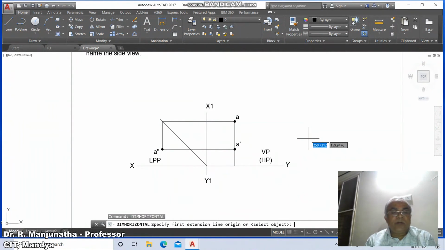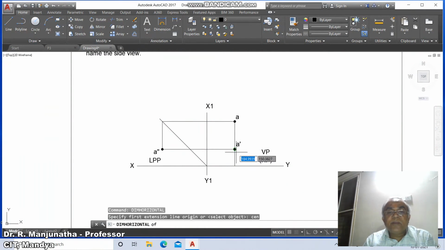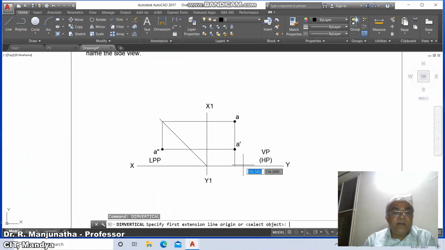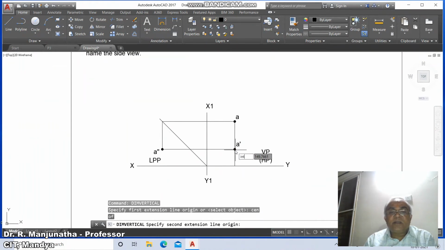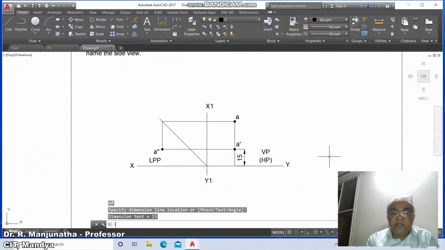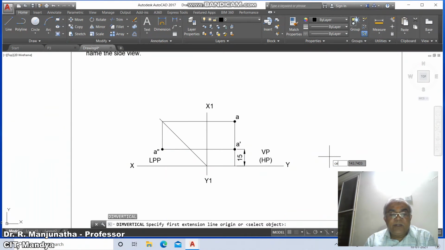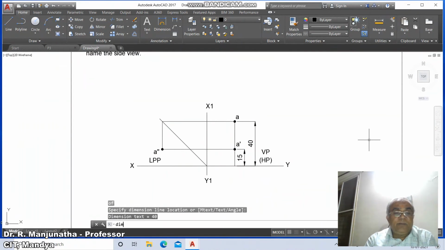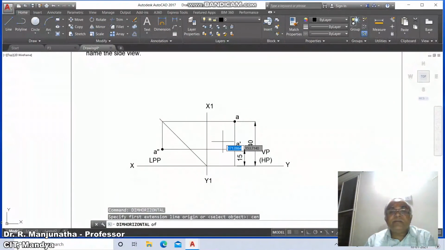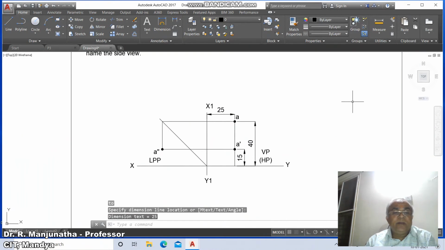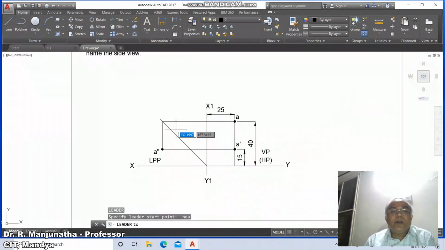Then we need to go for the dimension. So we will go for dim horizontal, go to center of this and then intersection point of this. Dim vertical, go to center point of this and intersection point of this. So you're going to get 15. Similarly, your previous command is vertical dimension. So again you take center of this and again intersection point of this. So this dimension is 40. You just click here. Similarly, dim horizontal, take center of this and take perpendicular to this, and this dimension becomes 25.